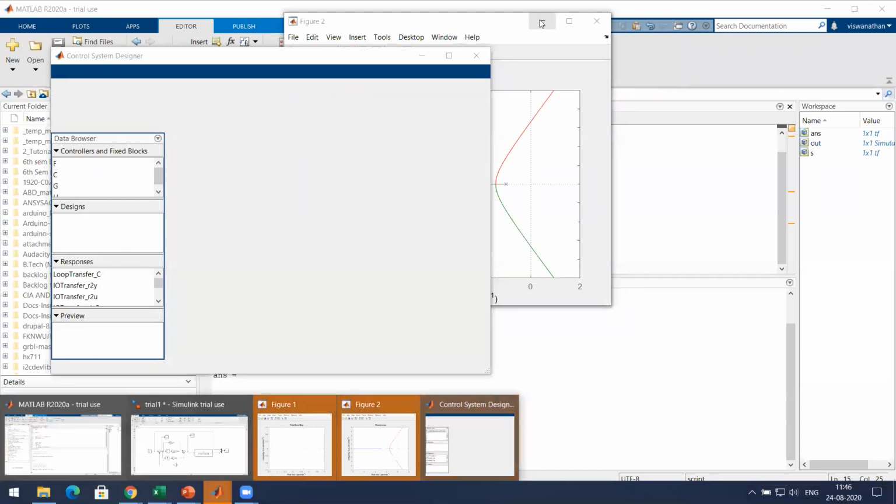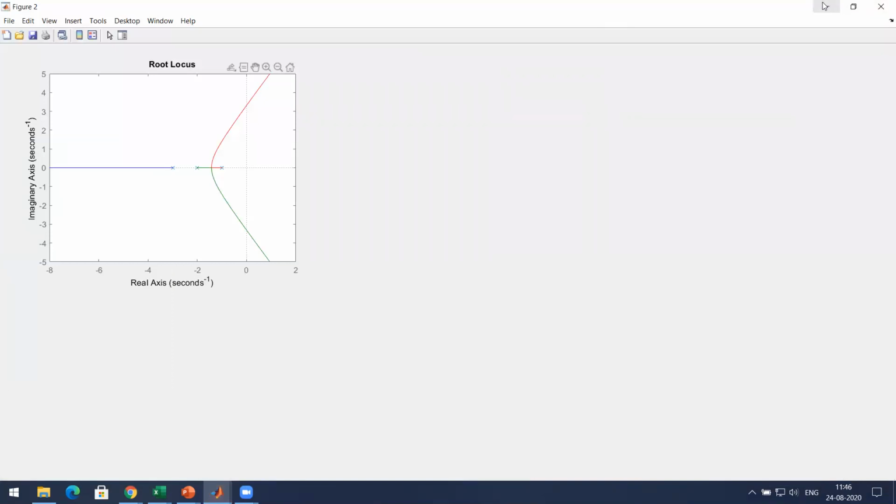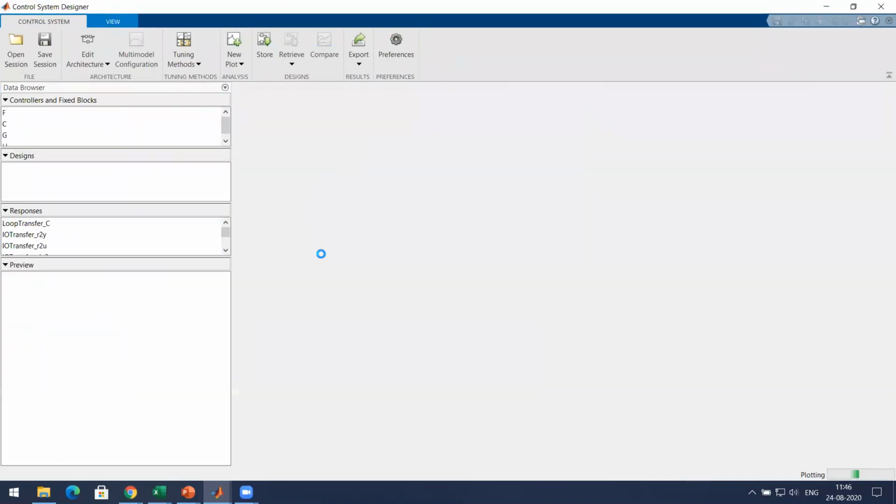Okay, we got the root locus plot, which we have already seen. We are not interested in this now. We are interested in the control system designer.